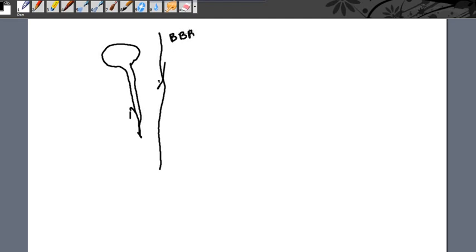Suppose this is the blood-brain barrier, and they have to cross it. And what substance is this blood-brain barrier made up of? Lipid. This blood-brain barrier is made up of lipid, and lipid soluble beta blocker like